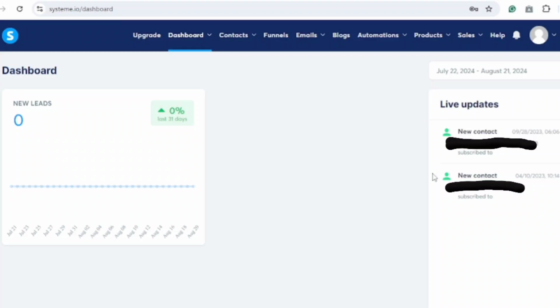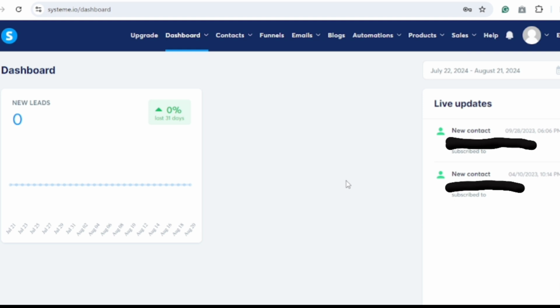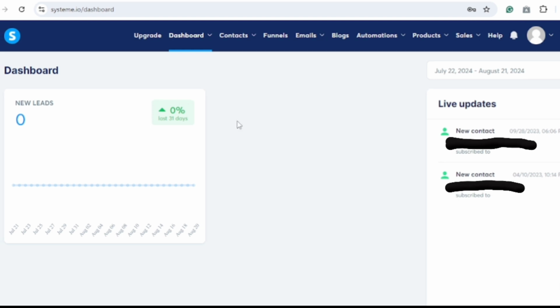Okay, I am presently on the Systeme.io dashboard. It basically has nothing on there. I use this for tutorials. So the first thing you want to do to connect your domain to Systeme.io is go to